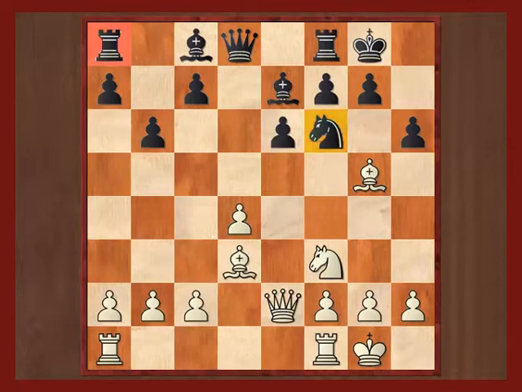Secondly, he notices that if the knight were not on f6, then the e4 square would become available for white's queen, and also h7 would become a target, a mating square no less. So that leads him to the idea of simply exchanging the knight on f6 with bishop takes f6. Now normally you would say, why on earth would you exchange a bishop for a knight? You're also giving up the bishop pair, and when black retakes on f6 with the bishop